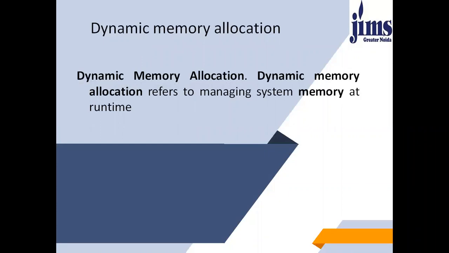To allocate memory dynamically in C, various library functions are there, namely malloc, calloc, realloc, and free. These functions are defined in the standard library.h header file. I hope you must have heard about these functions and you have also used these functions malloc, calloc in C.